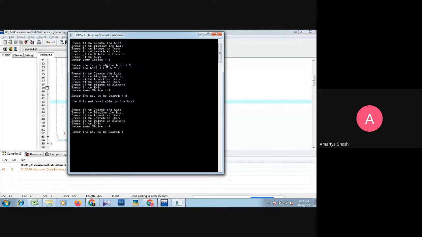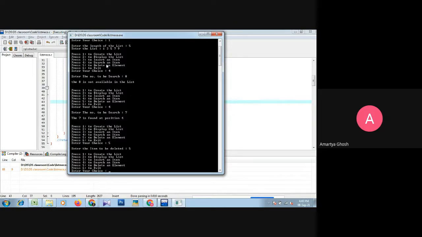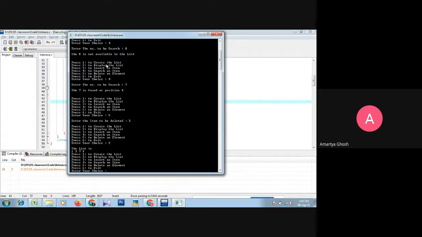Now the element, suppose I want to search 7, and 7 is found at position 4. Now I want to delete, that is option 5. I want to delete 5. Now check whether it is deleted or not by 2, that is display: 1 3 7 9. 5 is already deleted, so it is over.